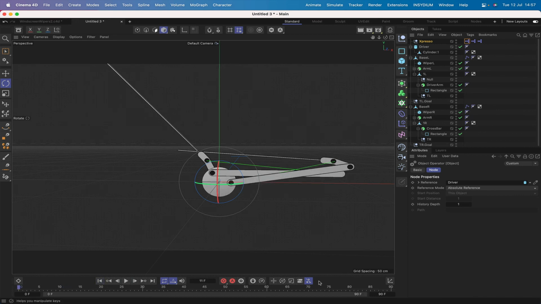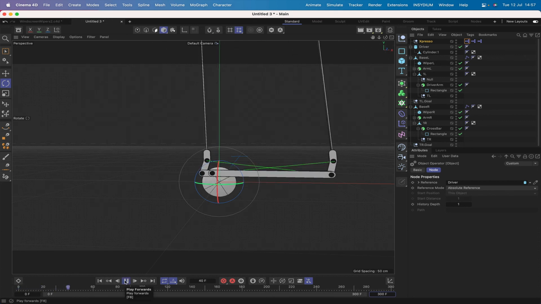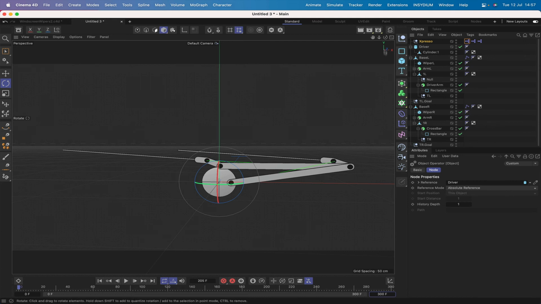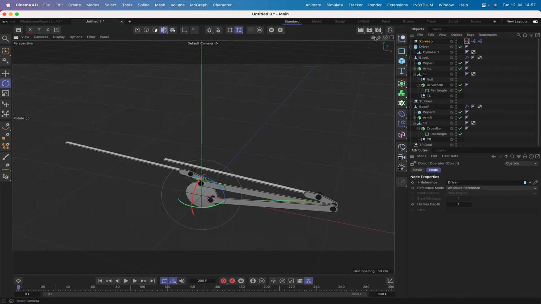What I'll do is give it 300 frames, and then we can run and it will loop fine. So that's all working exactly the way we think it should. But you can see that there's a lag problem. It's not quite correct, is it? So how do we solve the lag problem in this instance? Well,